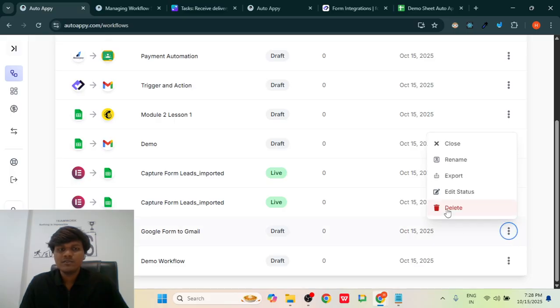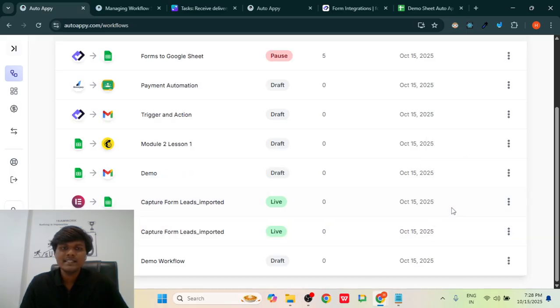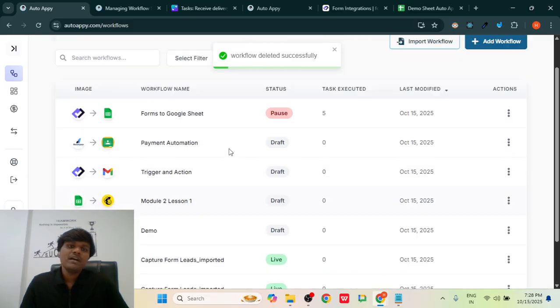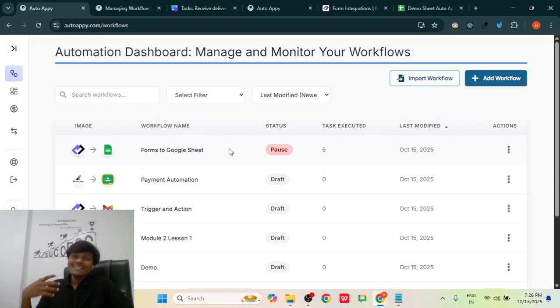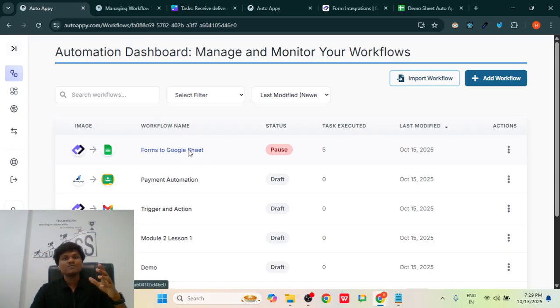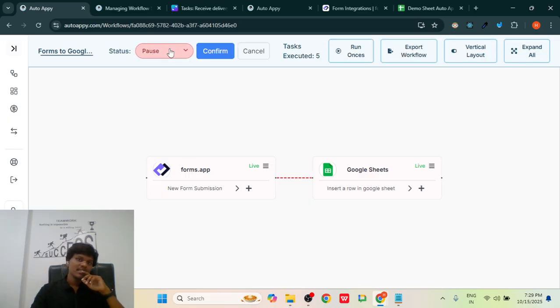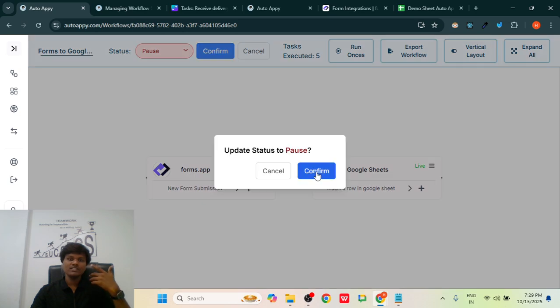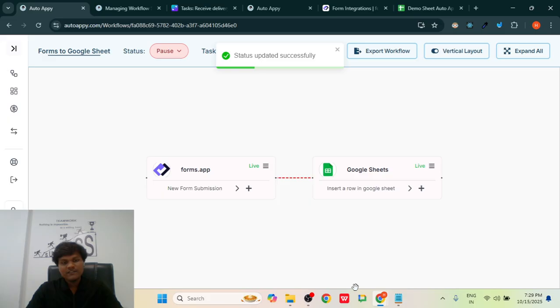If you delete the workflow, let's say Google Sheet to Gmail, and I have to create this workflow again, you have to do everything, whatever steps we have done, configuring and setting up everything that we have performed just now. You have to repeat every step. But if you just change the status of the workflow to, let's say, pause or live, then now if I fill the form,